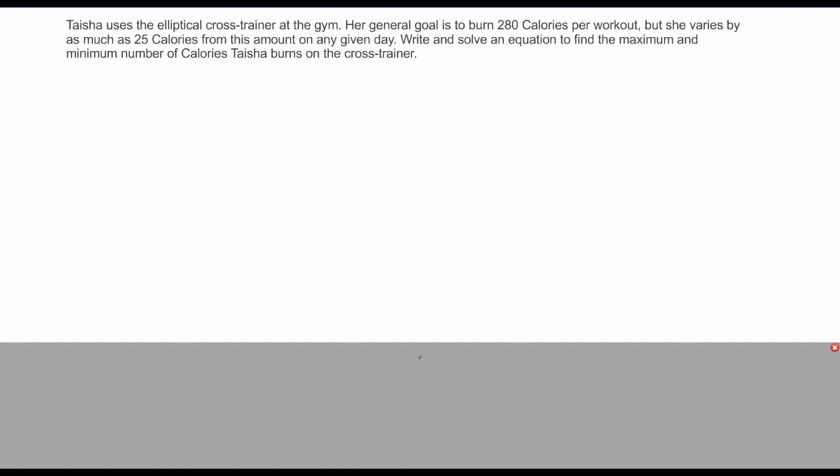So now we've got a word problem. It says this person uses an elliptical trainer. The goal is to burn 280 calories per workout, but it can vary as much as 25 calories on any given day. And we want to write and solve an equation to find the maximum and the minimum value that the person burns. Well, this is pretty easy to just kind of figure out what are the maximum and minimum